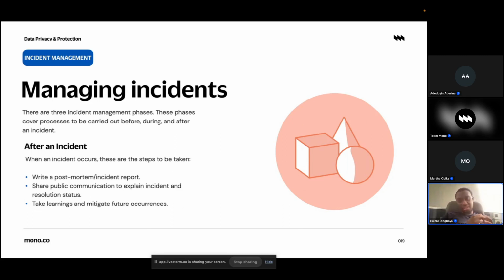Number one, it gives whoever is reading it, or it also gives you, the incident manager, an idea of what happened, how it happened, what was done to fix that thing, and then next steps to ensure it doesn't happen anymore. Okay, so it's more of a continuous learning process, because if you don't have a report, there is a high chance of that thing happening again. And because you don't have a documentation of what was done to fix that problem, you might forget.